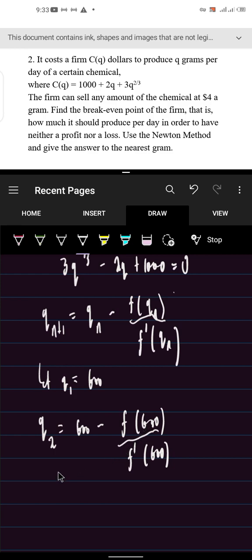Now our f of q is equal to 3q to the 2/3 minus 2q plus 1,000. So if we replace q with 600 in this equation,